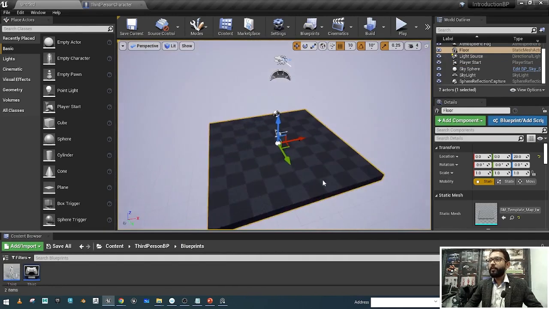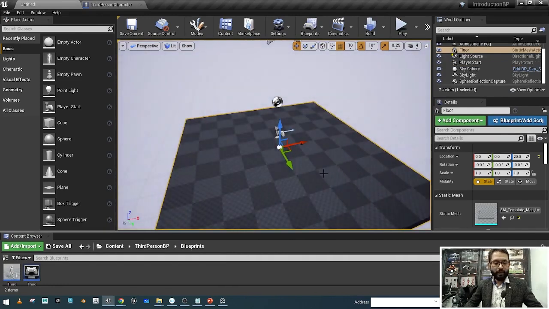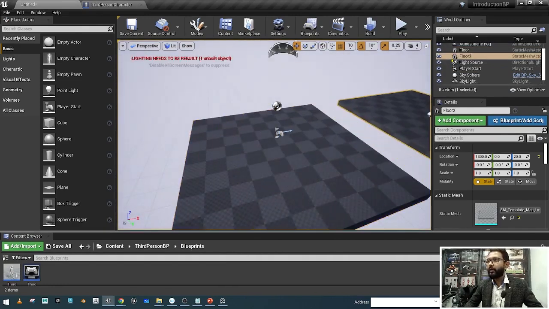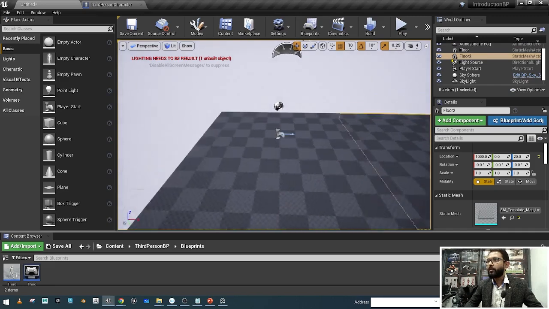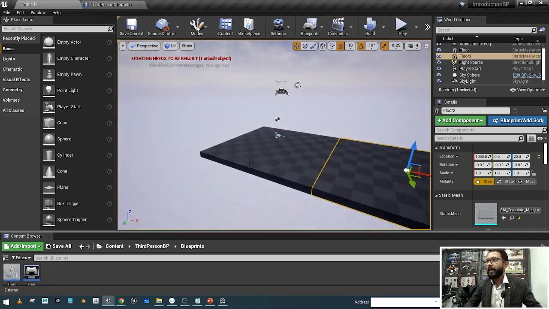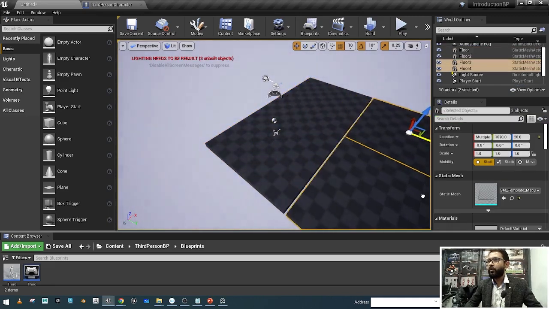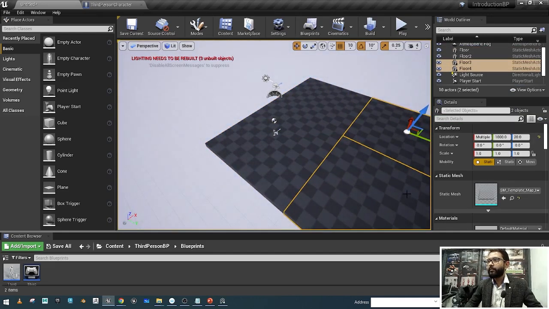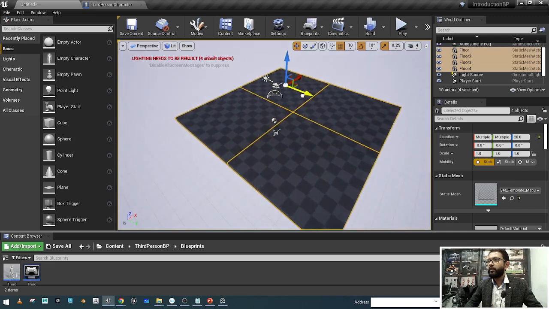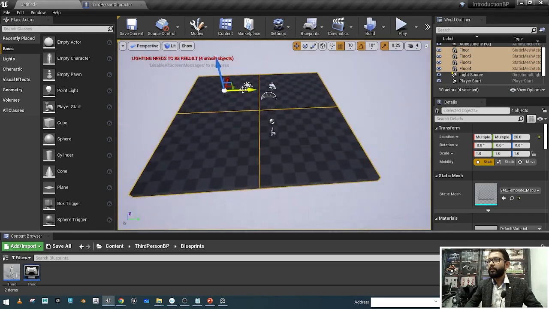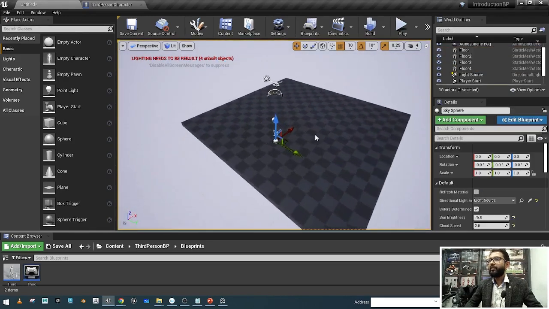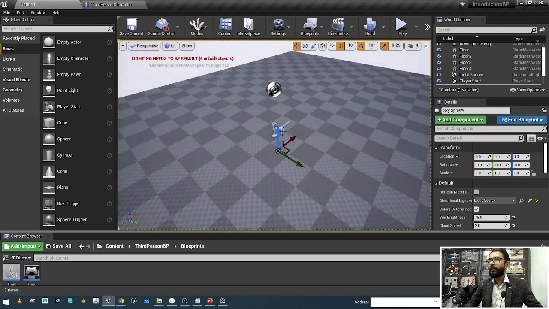I will just copy this floor first. Just select a floor and press Alt and click and drag to copy this. Make sure that it is properly aligned. Hold Shift to select another one. Hold Alt to copy. Just move here, the center point, and I will make a zone. Okay, I will make an area,